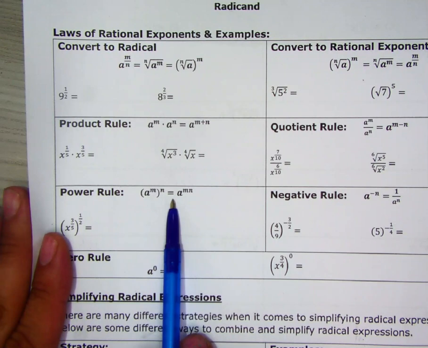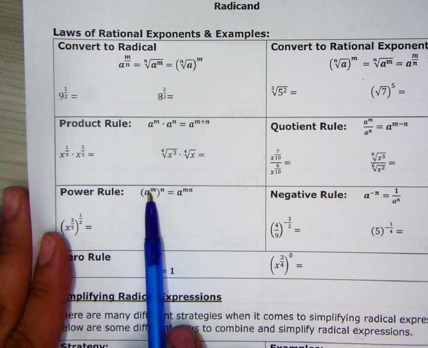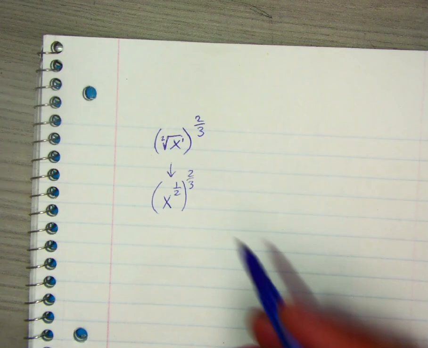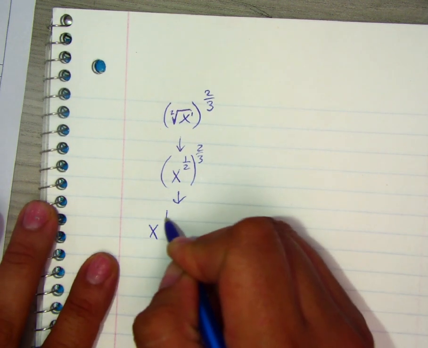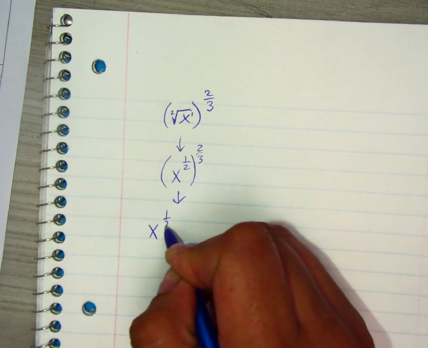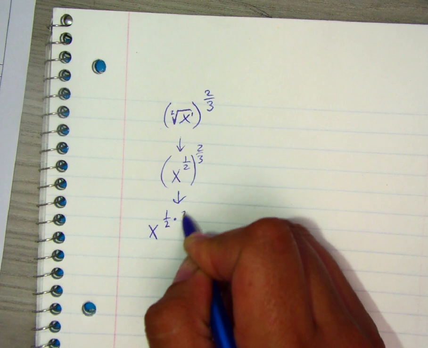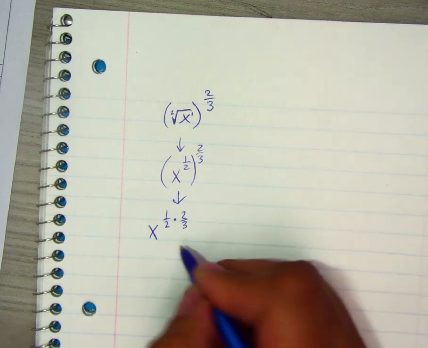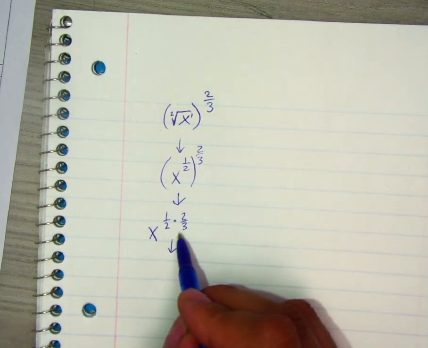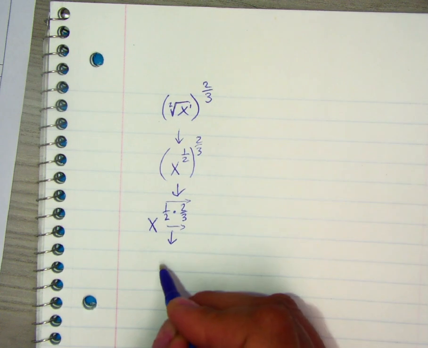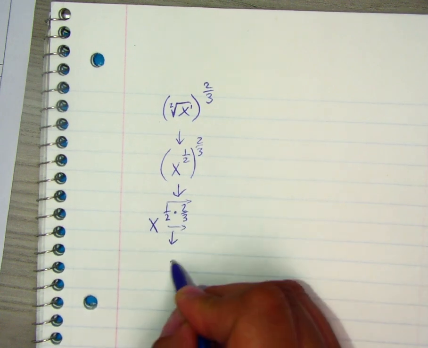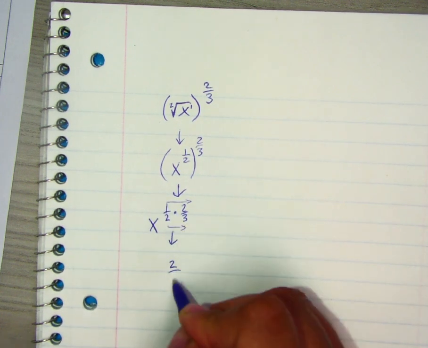So this is where you apply the power rule, where you multiply the exponents because you have an exponent raised to another exponent, which means we're going to write down x, and then we're going to multiply 1/2 times 2/3. This results in you remembering that when you multiply fractions, you multiply straight across. So you're going to have 1 times 2, which is 2, and 2 times 3, which is 6. So now you have,